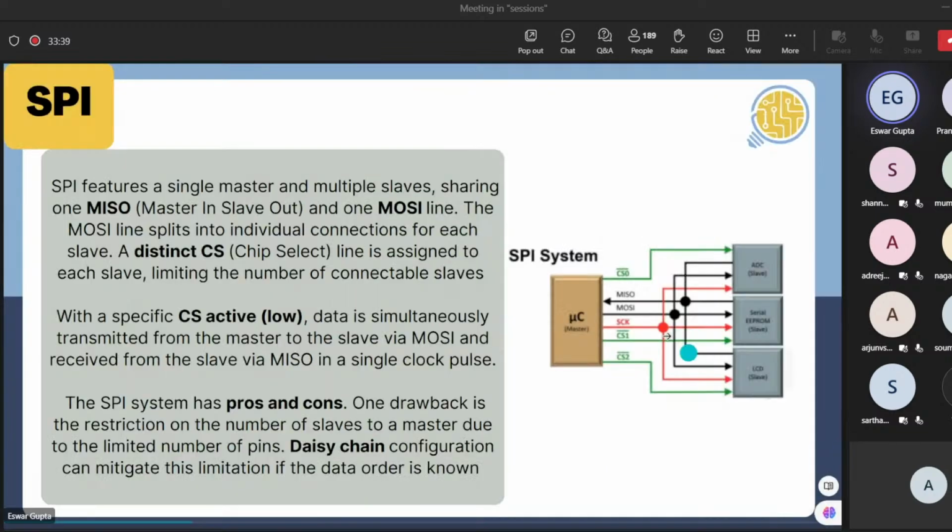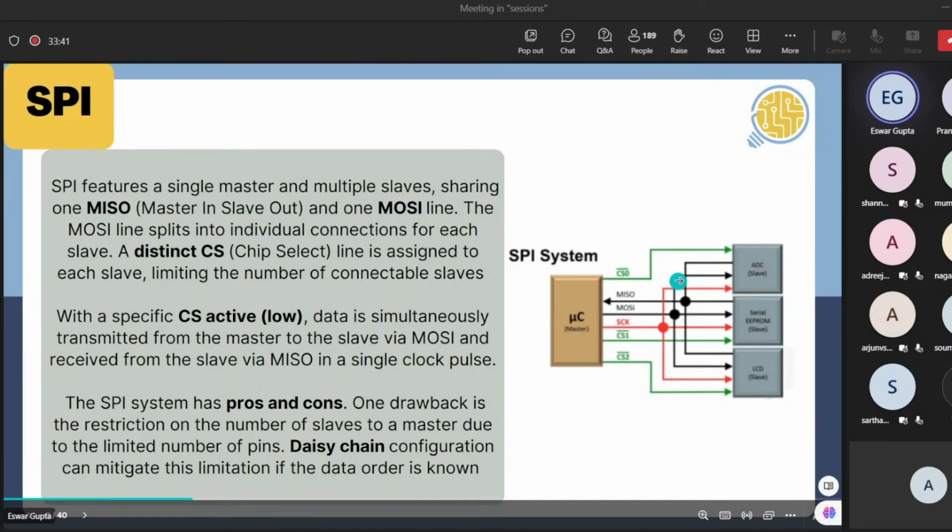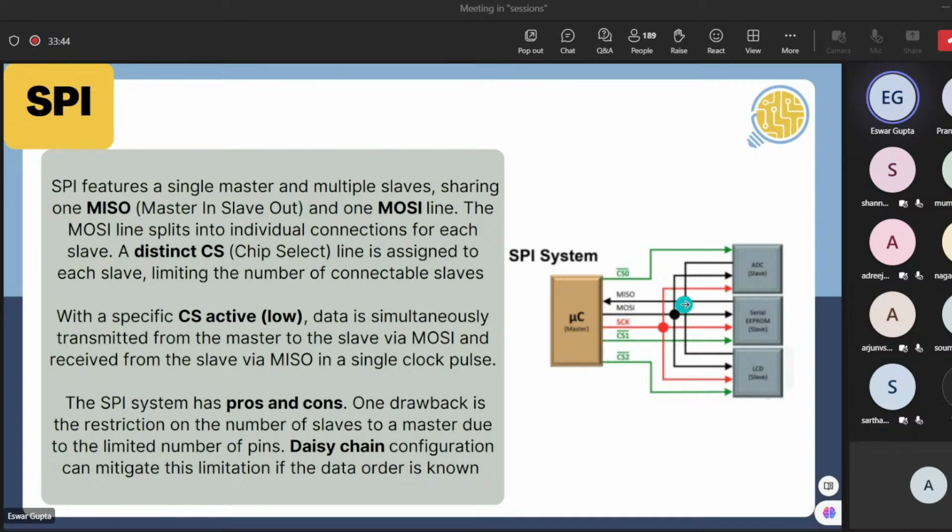If you see the picture, there is this MOSI line. It is splitting into 3 more lines. And there is a MISO line, where all the devices are sending output via one black line, and all those are meeting up and going into the master. So now if the master sends a command, then the command will reach all the 3 slaves, right? Here, don't worry about the names, think of them as slave A, slave B, slave C. So all the 3 slaves will get the command.